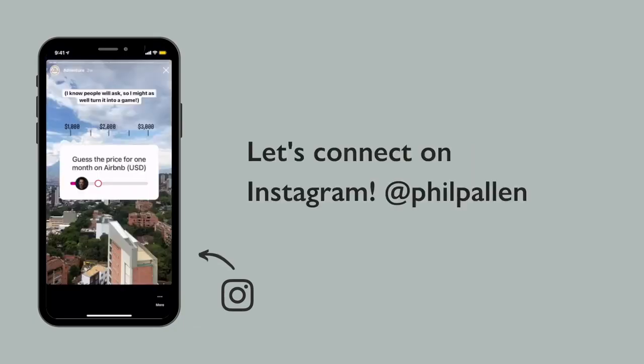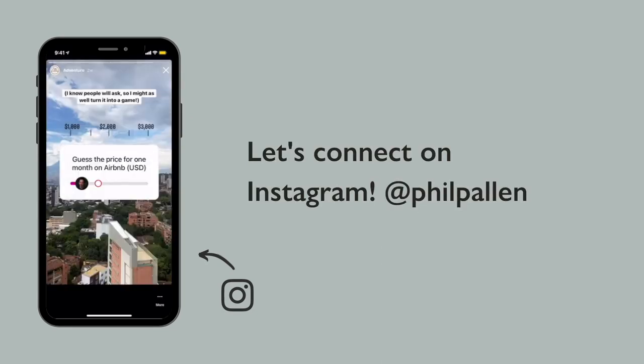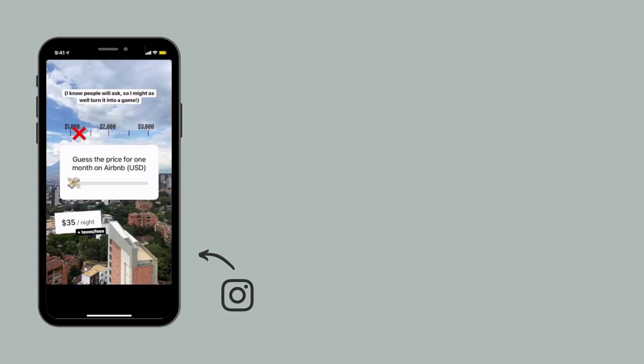One more little example for you where this is similar to doing a poll, but not actually using the poll feature. What I did was use the slider again by typing out on two rows the budget, almost like a sliding scale for people to be able to guess. I got a lot of engagement on this for people to be able to vote, and then I revealed what the correct answer was. Just another fun little example. Hopefully you've gotten a few that are going to inspire you to try some out today.